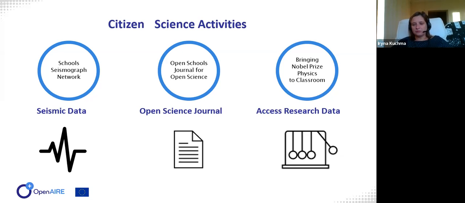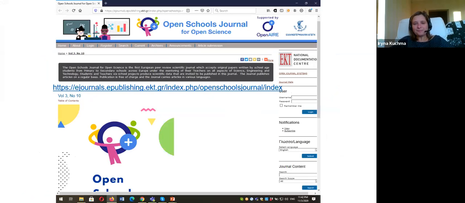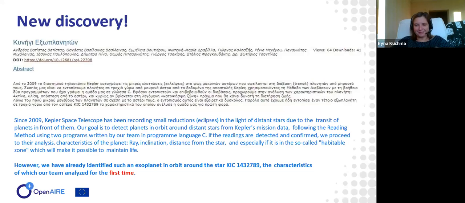The idea is to develop an early warning system for earthquakes, and results of their work related to seismic data, but also any other students' research, are published in what we call Open School Journal for Open Science. And it publishes research from primary to secondary schools level, also high schools, in all areas, all languages, and that's a really moving example when